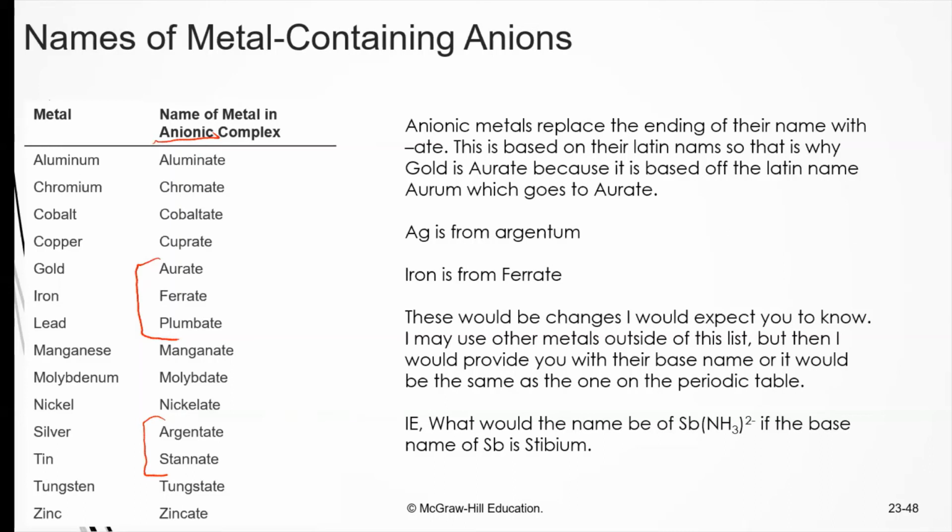Now, while these are the ones that I expect you to know, if I gave you one outside of this list, then I would give you what their base name is. So you would want to make sure that you knew how to change that. An example of this is antimony on the periodic table, but the base name that we could use is stibium. So if we wanted to make that an anion,